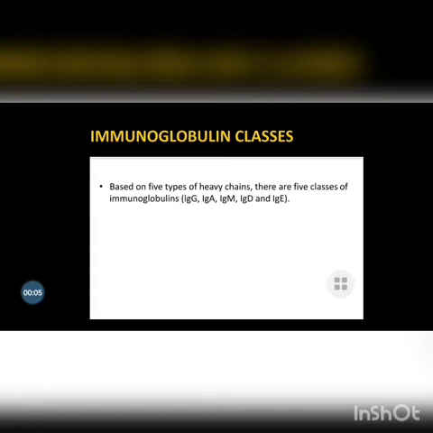In my previous lecture, I discussed the structure of antibodies and gave an introduction to the different classes of antibodies. So in this part 2 of the lecture on antibodies, we will discuss the classes of antibodies, which are also called isotypes, in detail, and we will understand the structure and functions of each. So let us start today's lecture.